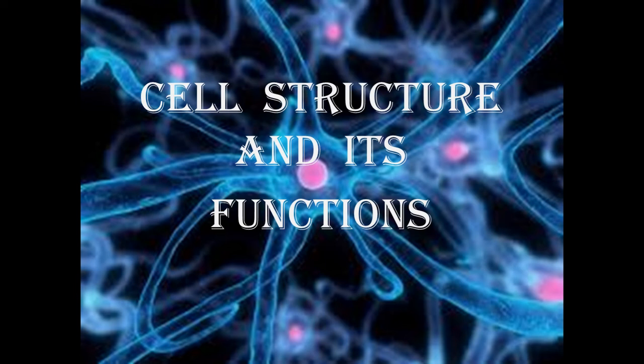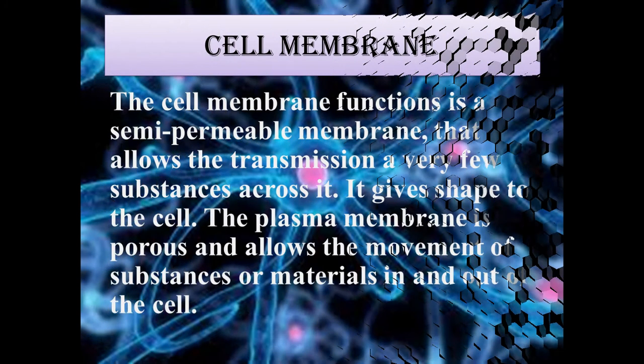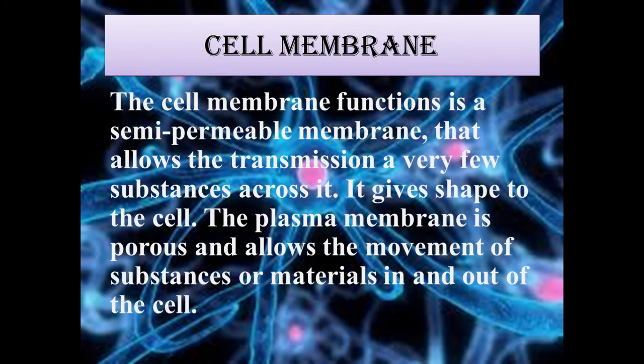A typical cell is made up of plasma membrane, cytoplasm and the nucleus. But in a plant cell, an additional protective wall called the cell wall is present outside the cell membrane. So, in this we will first discuss the cell membrane. The cell membrane is a delicate thin outermost covering of the cell. It provides shape, maintains size and rigidity to the cells.